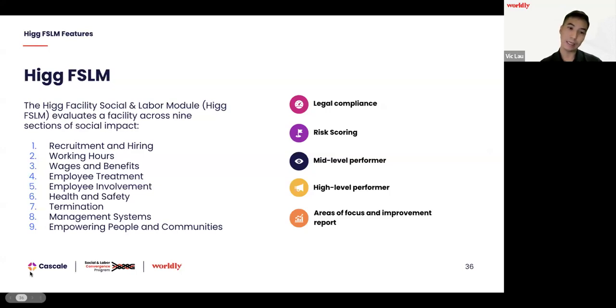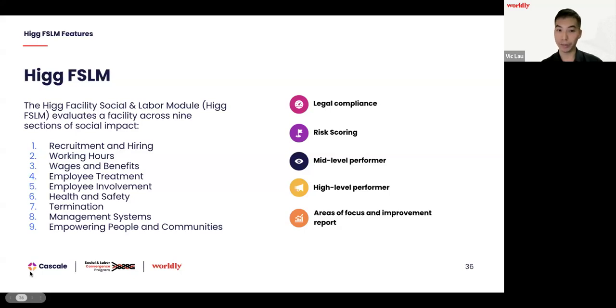So obviously, there's very significant value in helping brands support their disclosure under the CSRD and CSDDD. To begin with, like I mentioned already, here are the sections that are covered in FSLM. In those areas, you can further zoom in, for example, on recruitment and hiring, termination, and employment treatment. You can have more insight from them regarding human rights and labor standards.